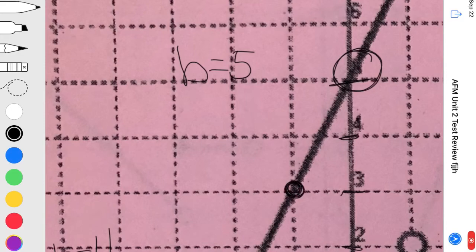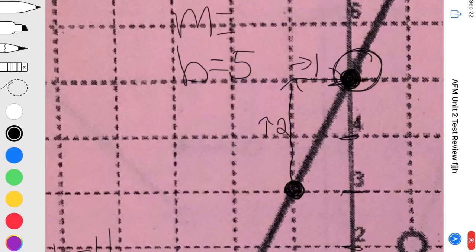Our slope, well, here's a point at (-1, 3), and another point at (0, 5). So you could use the equation to find your slope, or you can count it on the graph. So we went up 2, so up is +2, and to the right, which is +1. So our slope is 2 over 1. Again, up or down is the numerator, and left or right is the denominator. Rise over run. So our equation is y equals 2 divided by 1, which is 2, times x plus 5